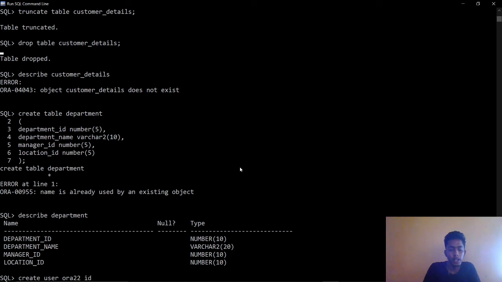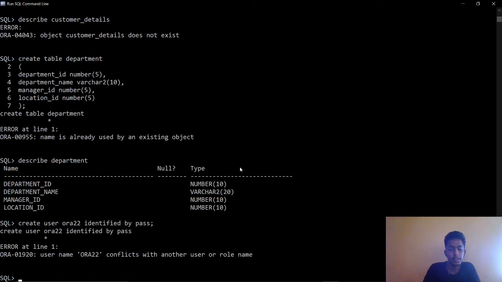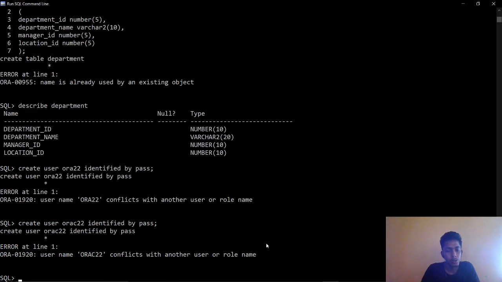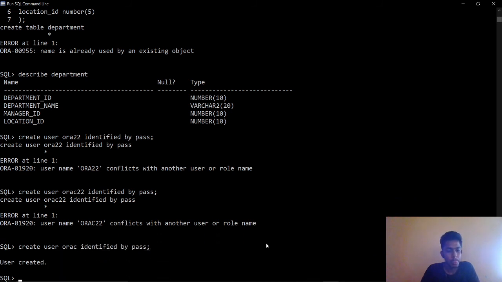I have created the username org22. Now let us specify another username. I am creating org as well, with a different name, because the two users have already been created.